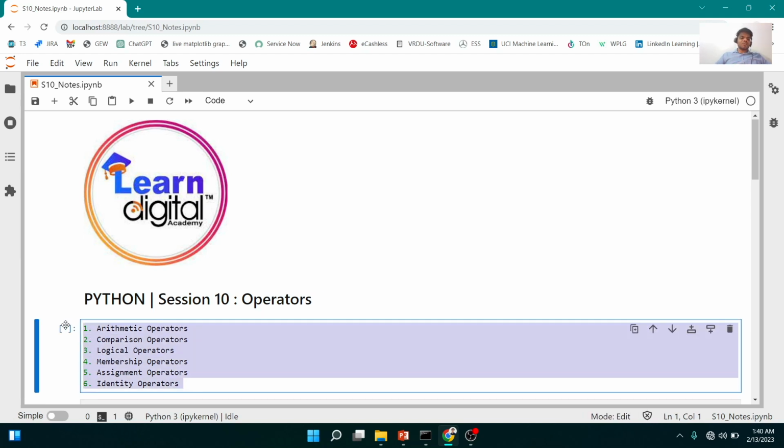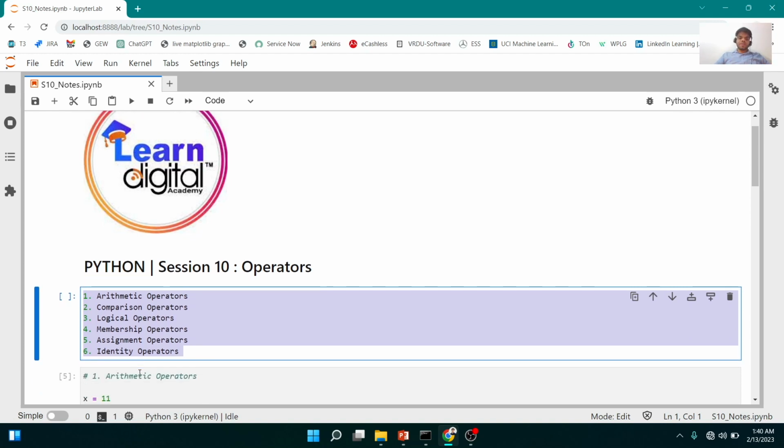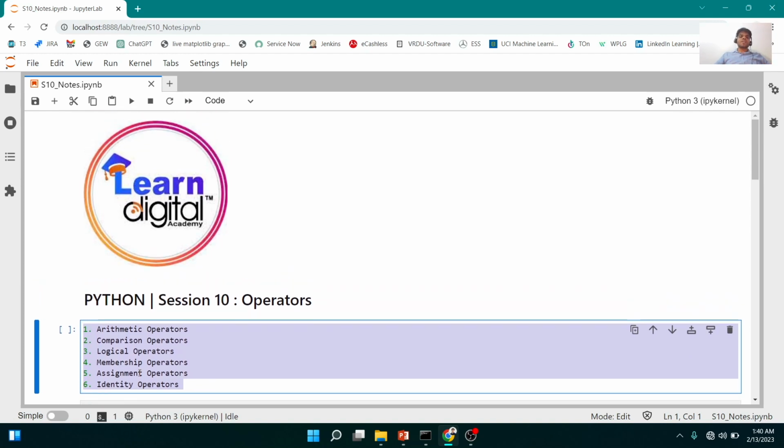What you see on the screen: arithmetic, comparison, logical, membership, assignment, and identity. These are basically your operators. Before we delve deeply into individual topics, let's first learn what an operator is. Basically, an operator is any special symbol, or any symbol or a keyword, which has a special meaning to Python. For example,